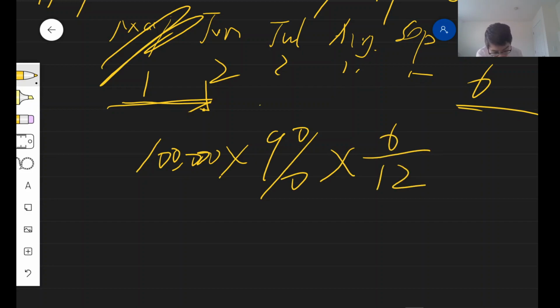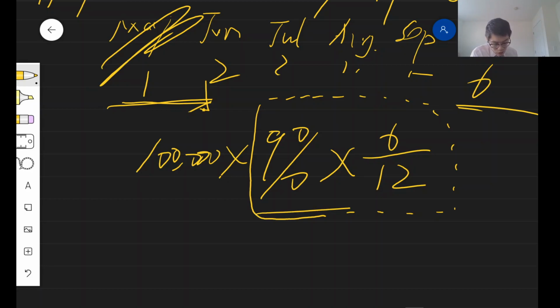Okay, so this part gives us the 6 months interest. For using 6 months of the principal, what is the interest? Okay, so that'll be